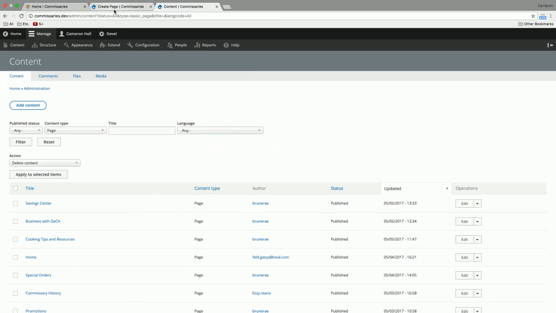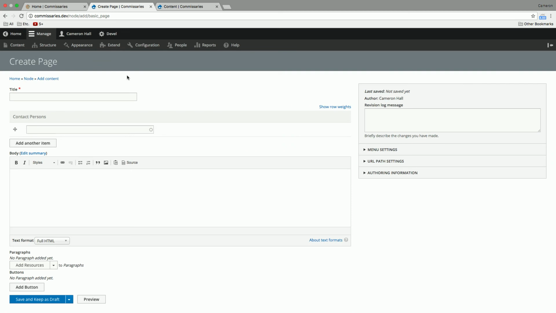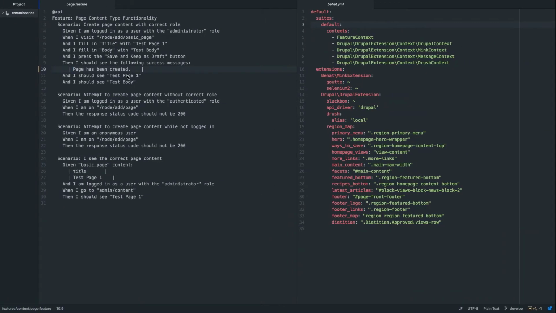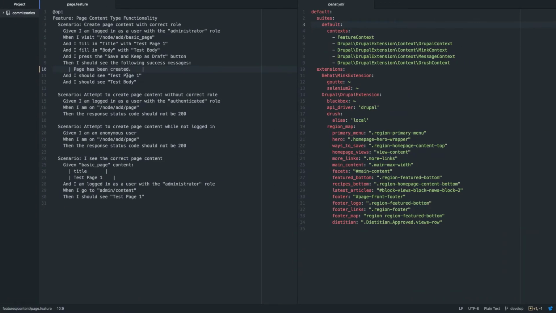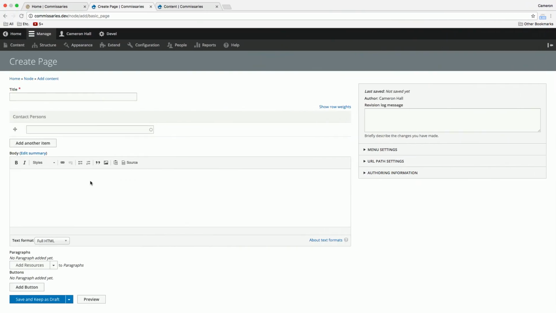So in theory, we should see test page 1, right? We don't, because Behat goes in and deletes that for you. So any concern over, if I run this test suite, it's going to create a bunch of junk that I have to delete after every release, not a concern. Behat goes in and cleans that up for you after the fact,